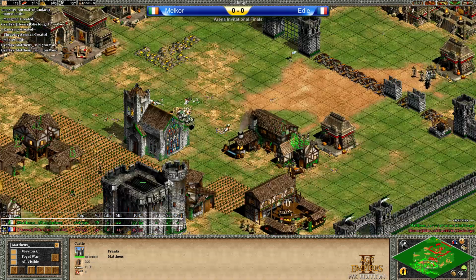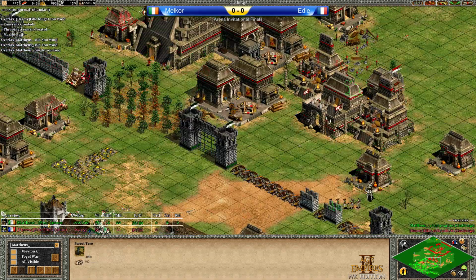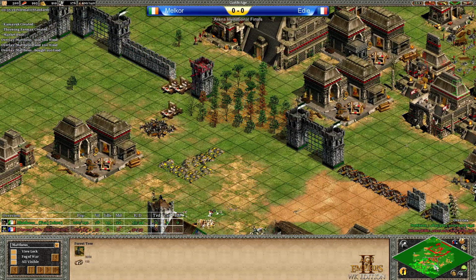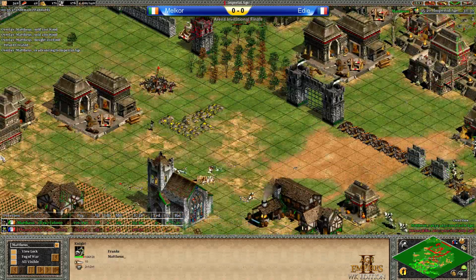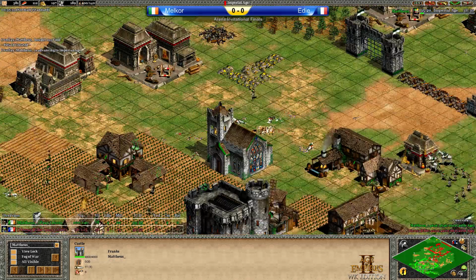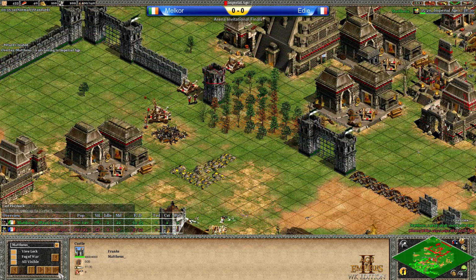He will be able to click up first. He's got 2 castles against only 1, and he's still got more military units, so Eddie is a little bit in trouble here. He tried to push, but Melkor was able to get that second castle up just in time, managed to hold. There's the Imperial Age click, and I think Eddie